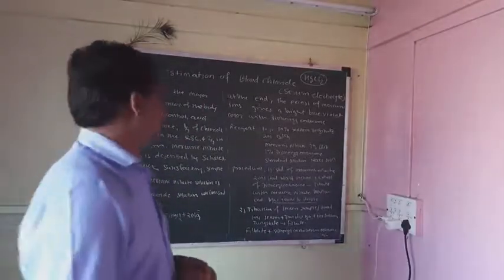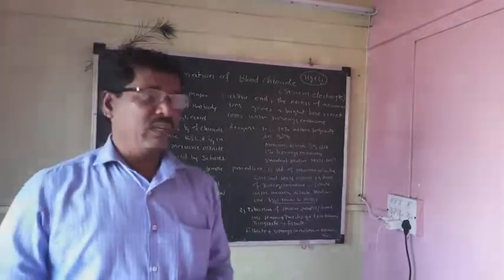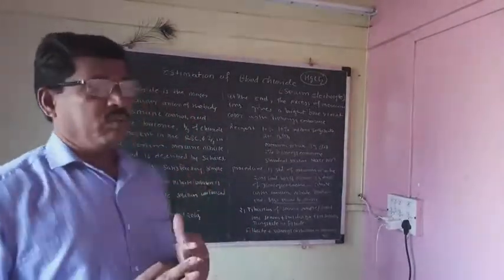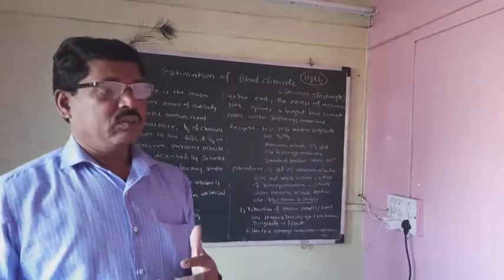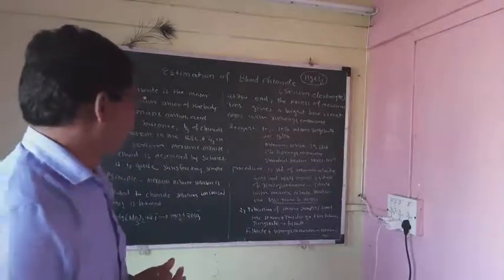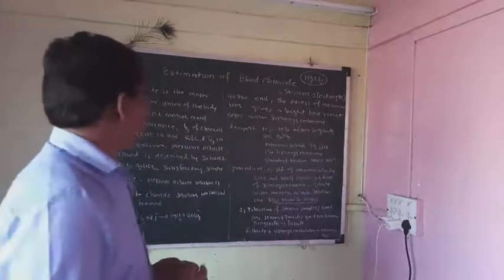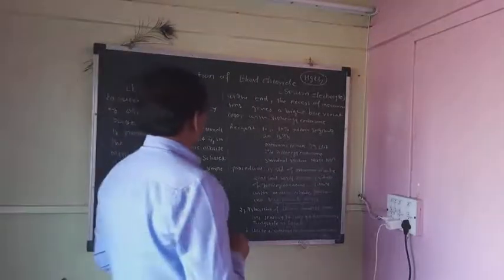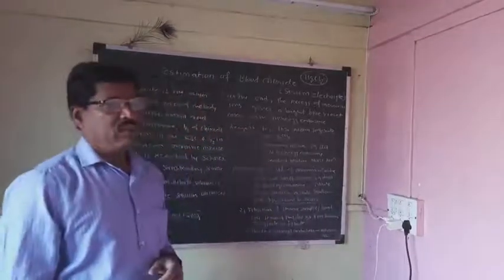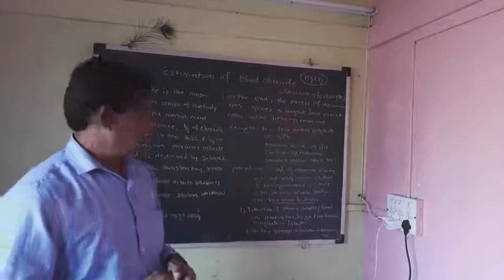Diphenyl carbazone indicator, and then forms the blue, purple, violet color. And this purple, blue, violet color is measured by colorimetric method or spectrophotometric method at a suitable lambda max. And therefore the requirement of the reagents for the estimation of chloride ions from the blood,